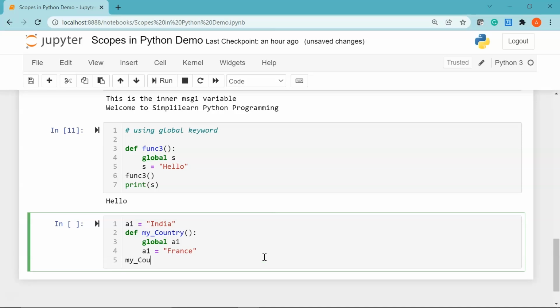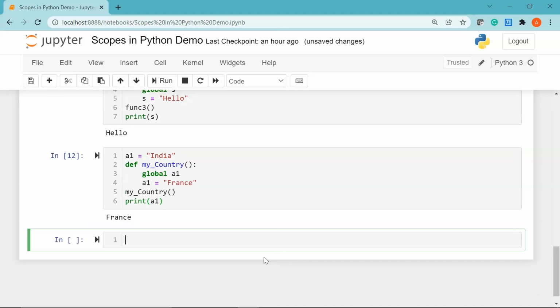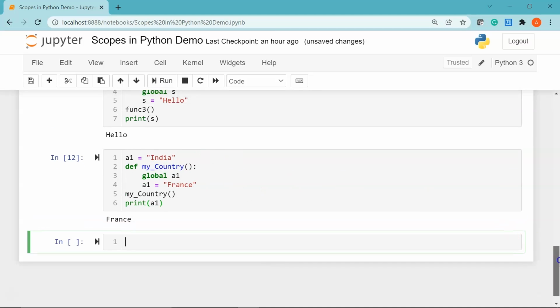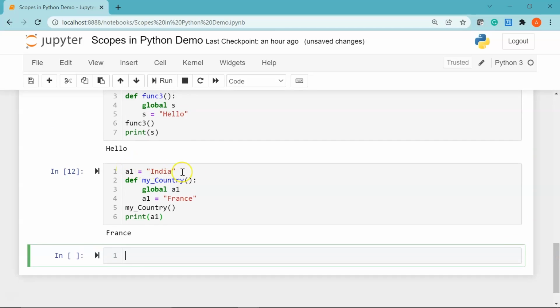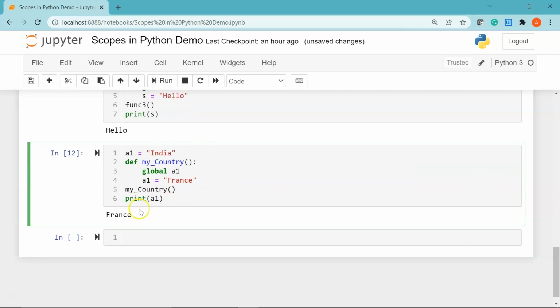Now let me call the function my country and print a1, and you can notice the difference in the result. So here initially I had defined India as a global variable, and after that I'm assigning the same variable name with a global keyword, and hence it will take the updated value for a1,